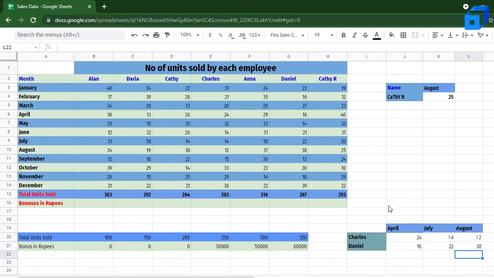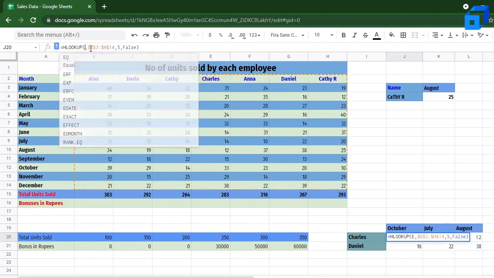And now we can use wildcards also to match using the HLOOKUP function. So for Charles, let us say you want to get the value for the month of April. Let us change this to October to get the values. They'll be different. And since you want it for October, instead of E2, let us use a wildcard character instead.